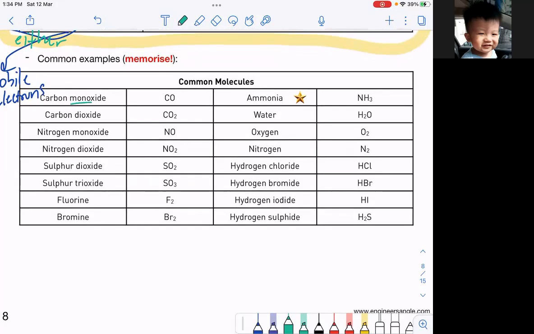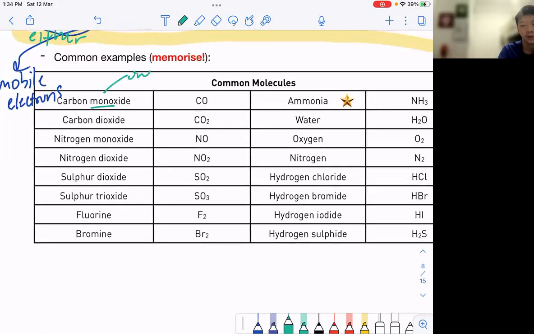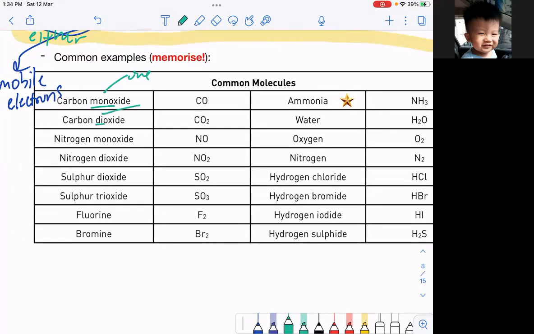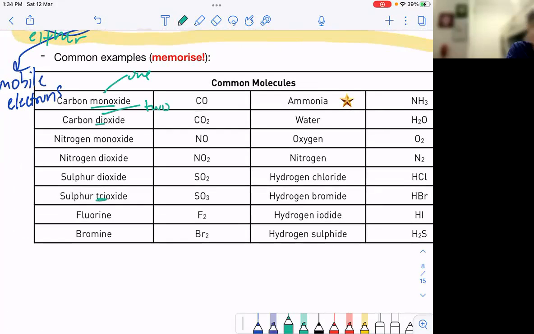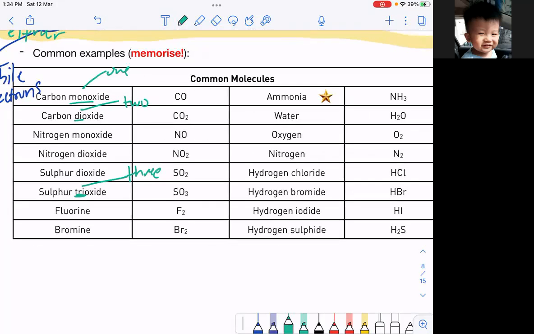Mono means one. Di means two. Tri means three. So if I tell you what is a nitrogen dioxide, you kind of can guess, right? Would it make sense that nitrogen dioxide is NO2? I know I haven't talked about it, but if I ever say carbon monoxide, you can guess the formula is just CO, right? If I never teach you this, but if I ever say hydrogen iodide, you kind of can guess it's HI,